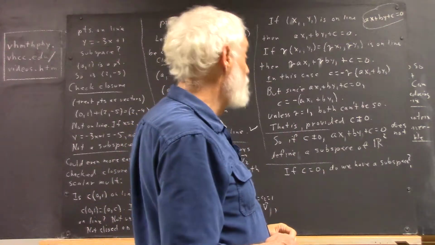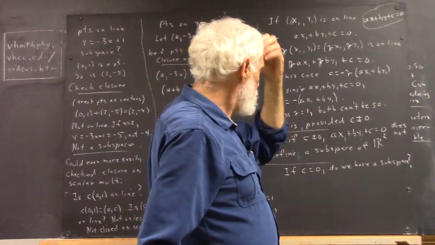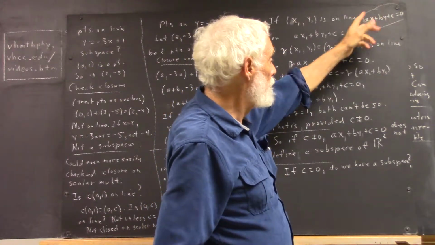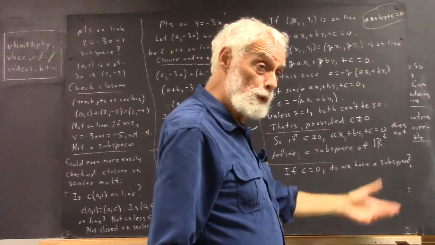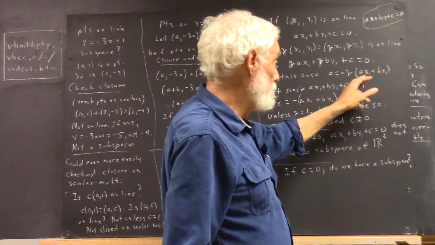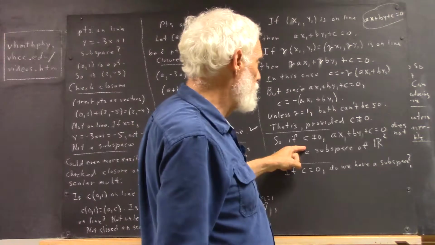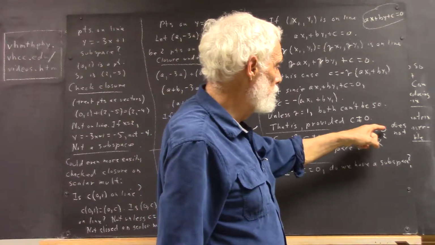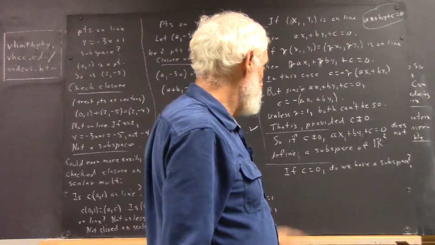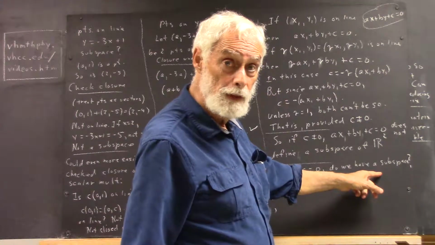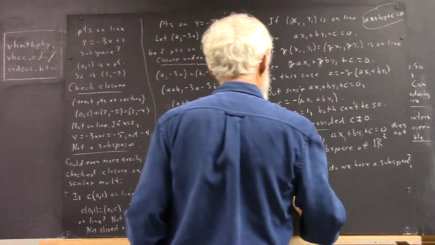That is, unless C happens to be 0, okay? Because if C is 0, that means Ax + By would have to be 0, so Ax1 + By1 would be 0, and so would negative gamma times (Ax1 + By1). So, provided C isn't 0. If C is not 0, Ax + By + C = 0 does not define a subspace of R2. Now, if C equals 0, the question is, do we have a subspace? Okay? And if so, then we will have proven